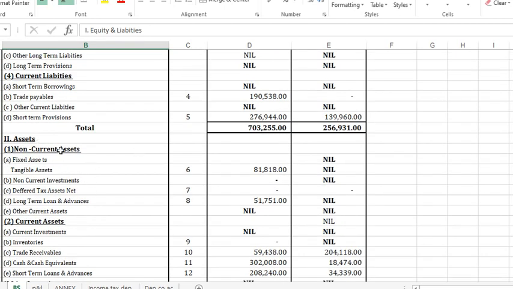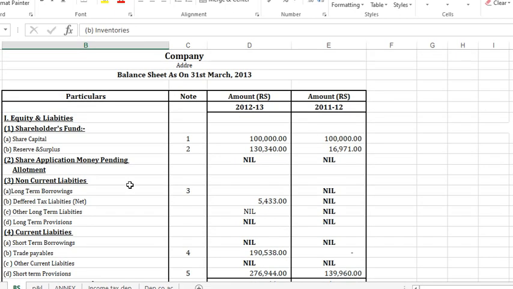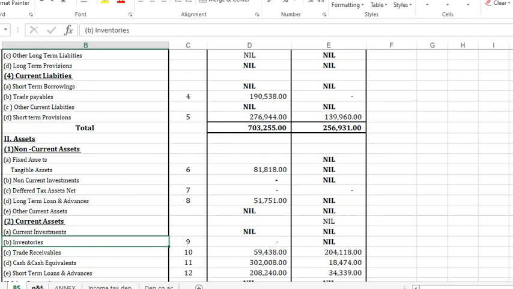Similarly, assets. Non-current asset, current asset. Non-current means nothing but your fixed asset, your goodwill, and all those long loans and advances, long-term loans and advances that you have given to other people are called as non-current. Current assets means what I have told you, receivables, cash, inventories, which can be quickly converted into cash within the next 1 year period of time. So this is the general format of your balance sheet and also the profit and loss account, friends.